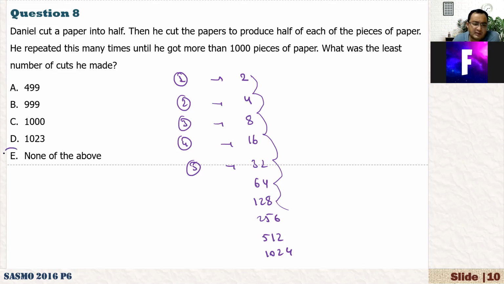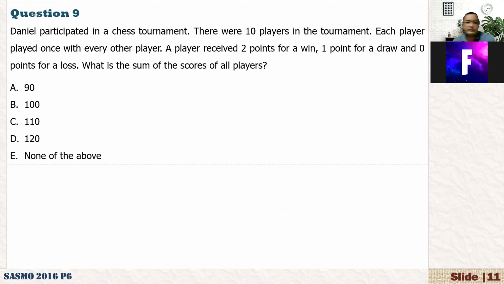So here we don't have 10. It is none of the above. They give these numbers just to confuse you. Of course, in a different way we can cut this, and at that time we need to cut more and more. But here they are asking for the least. So the least is 10 cuts, with which I can cut them into more than 1,000 pieces. Okay. Another question. Adnan, would you like to try?